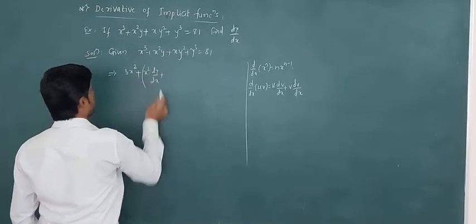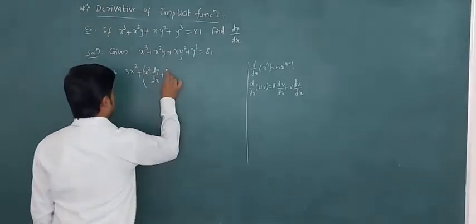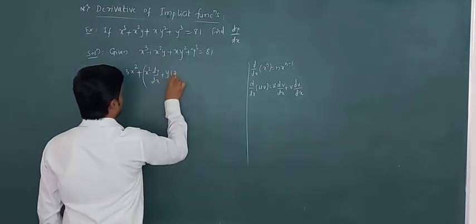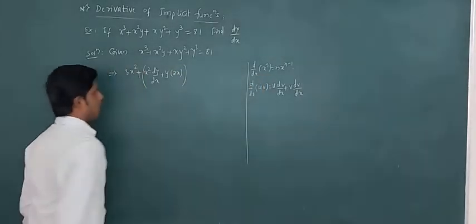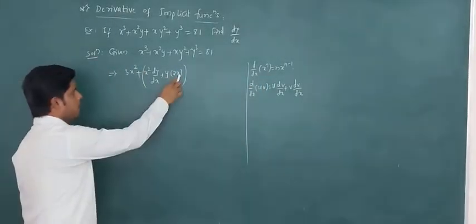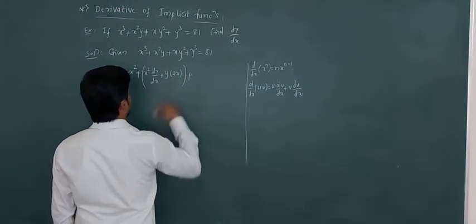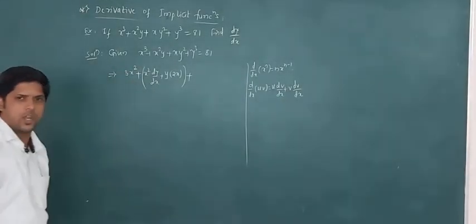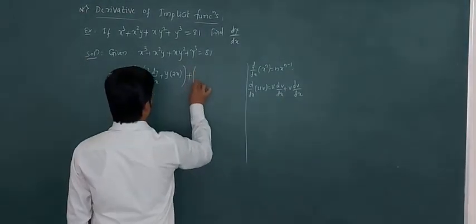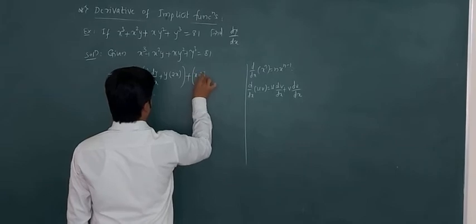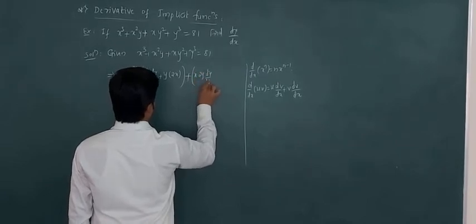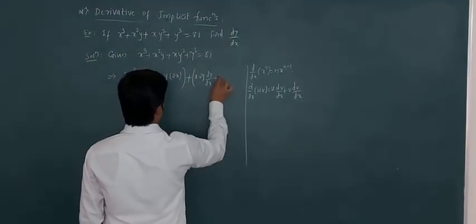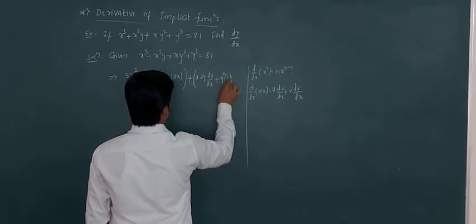plus again here second function is constant, second function is y, differentiation of x square is 2x. By using again the first formula d by dx of x to the power n, we get 2x. Okay, plus again here also x into y square, again I am going to use this same u into v rule. So we get x is constant, y square differentiation 2y into dy by dx, plus y cube differentiation, plus y square constant, x differentiation is 1.